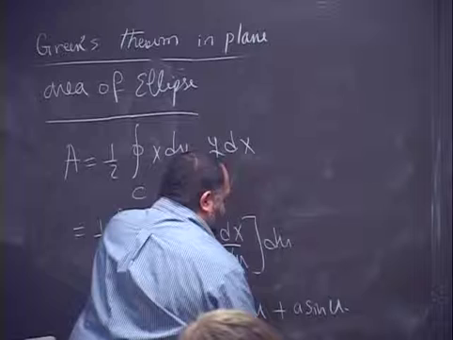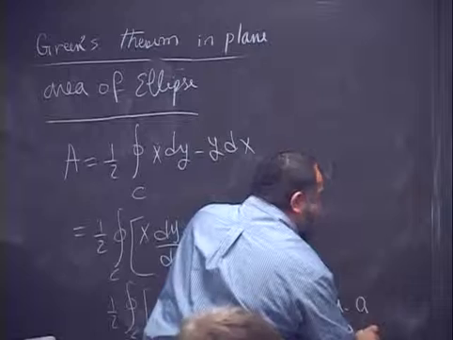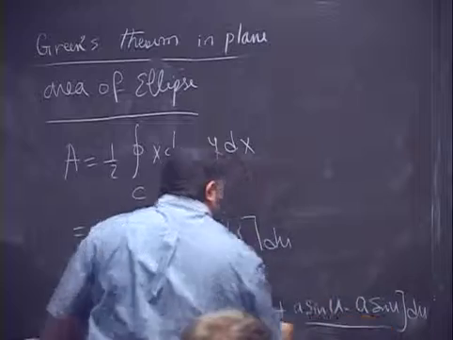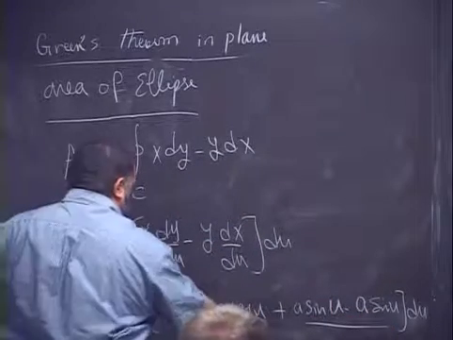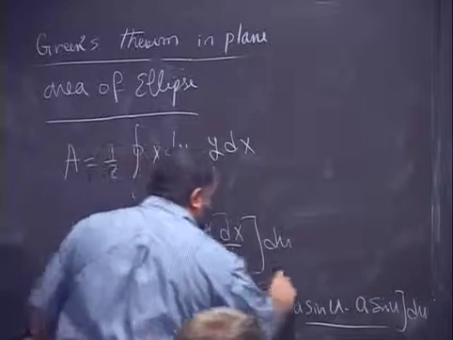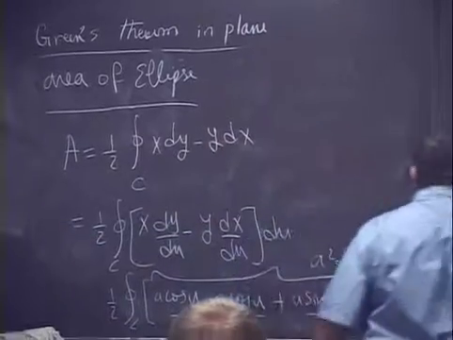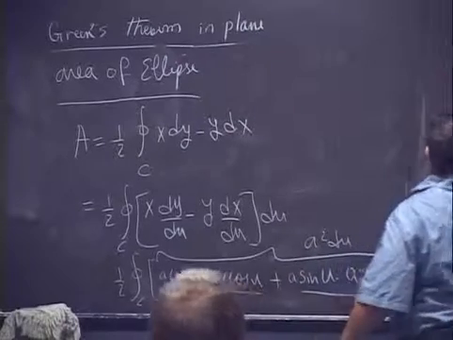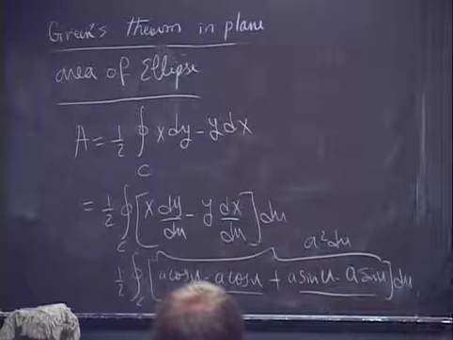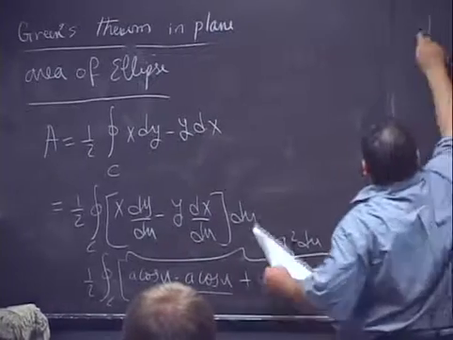So negative times negative is positive, and this will give me a sine u du. What's this? a squared sine squared u plus a squared cosine squared u. This will give you a squared du. a is constant and will be outside, so this will give you 1/2